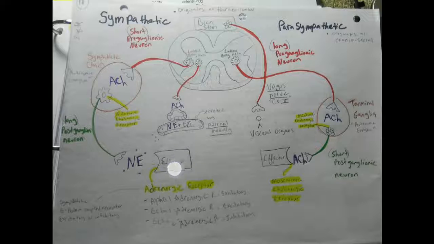So three areas when I talk about the sympathetic chain, there's the first neuron that secretes acetylcholine. The second neuron secretes norepinephrine, and then the third part is that there's an effector. So those are the three things you're going to think about when I talk about sympathetic division. When I speak about the parasympathetic division, know that the first neuron secretes acetylcholine, the second neuron secretes again acetylcholine, and the third part is that there's an effector. So keep in mind,